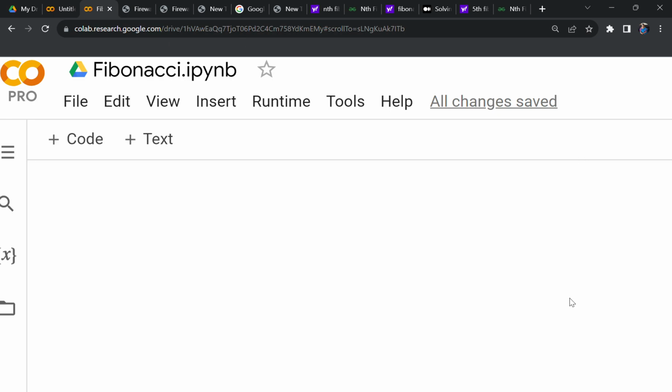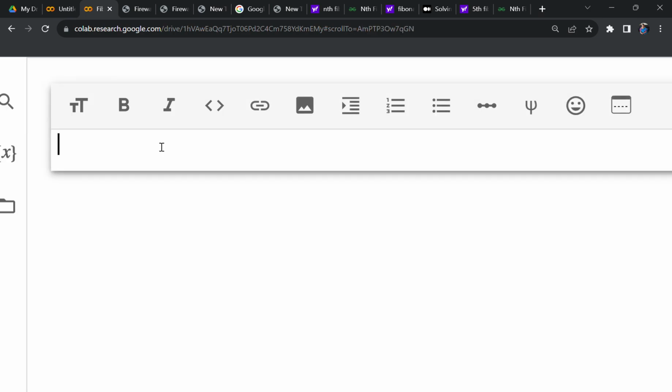Hi everyone, I am here to write programs to find nth Fibonacci number using three approaches: iterative method, recursive method, and tabulation method of dynamic programming. So our aim is to find nth Fibonacci number,